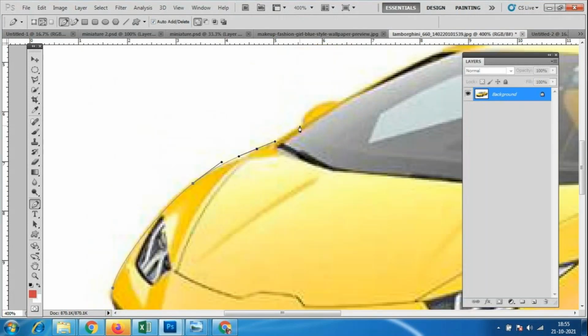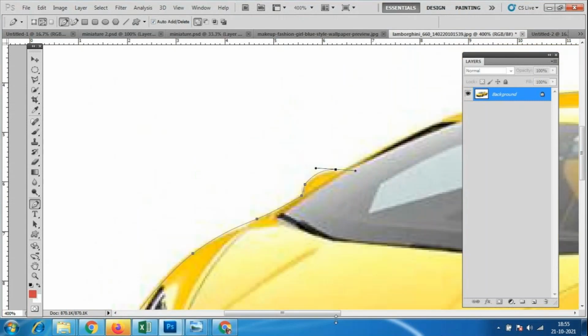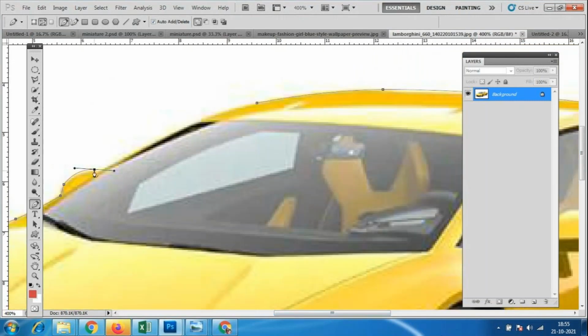So what is the use of the pen tool? To create curve shapes we can use the pen tool. And to cut the background or to cut images, what are the tools we can use? In that you will have four options: the pen tool, polygon and lasso tool, and magic eraser tool, and one tool will be wrong, like the blur tool. So nobody should select that tool we are not able to use. By that time they should know about all the tools.